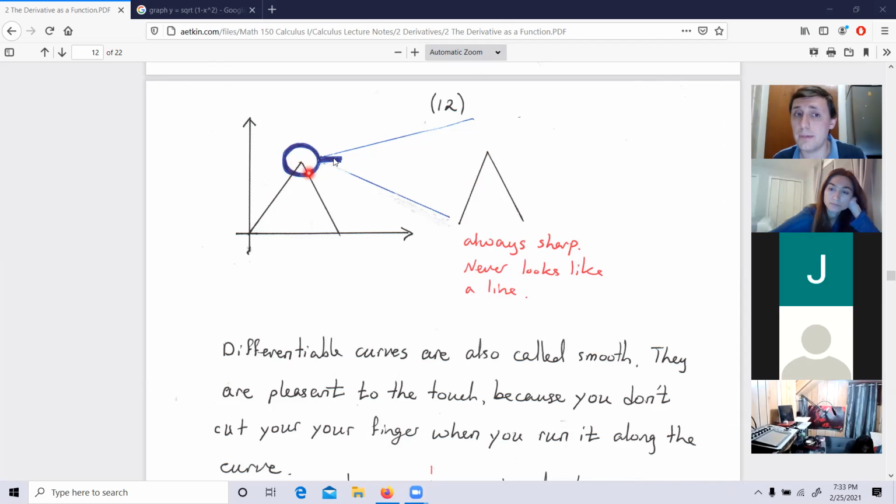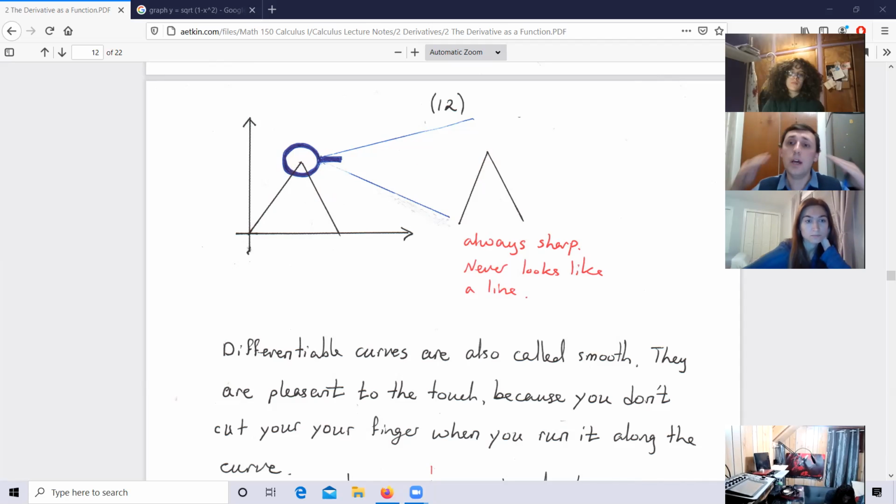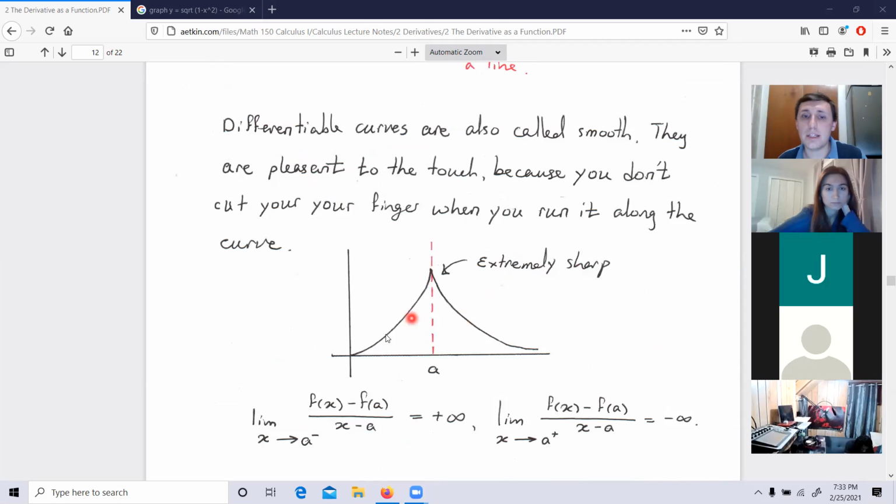So this function, no matter how much you zoom in, you always see the same wedge. It looks exactly the same. Zoom in at this peak, it looks like this original picture. Zoom in again, it would look like that original picture. The shape under zoom in doesn't change. It looks like a wedge. Now, this is even worse, guys. I will show you that example in a moment as well. Here the sharpness is going to be steeper and steeper. The angle between those points is going to be sharper and sharper.